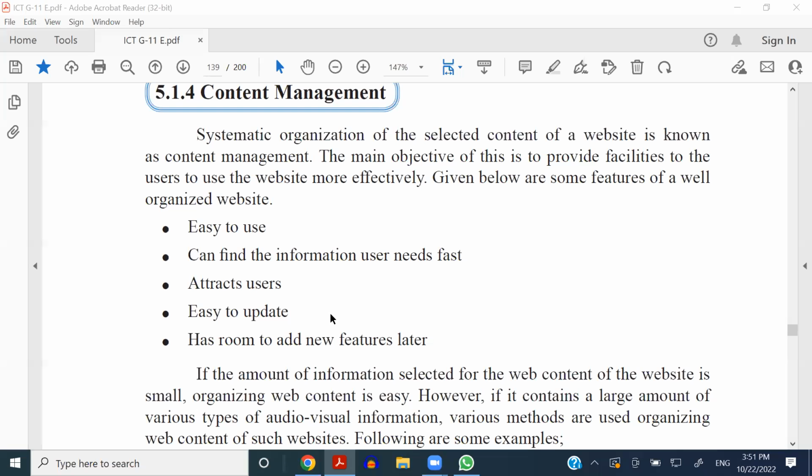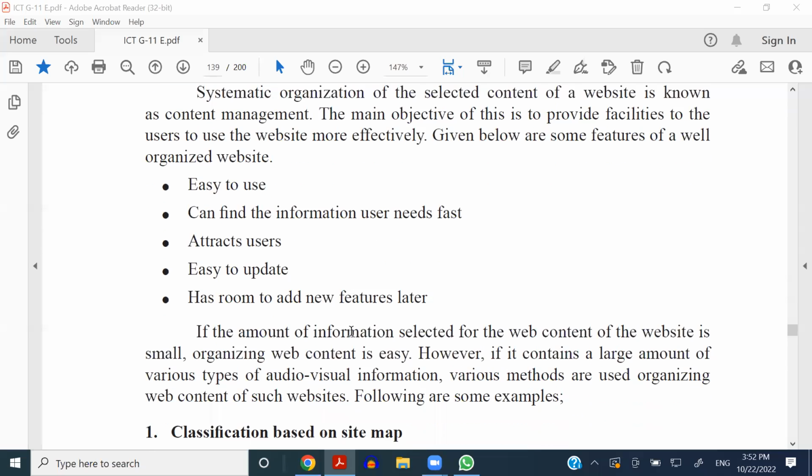So the content should be managed to give these features for a particular user, like easy to use. He or she should be able to find something very fast, and it should be attractive, and it should be easy to update from your point of view, right? And there should be room to add new features onto it, right? So